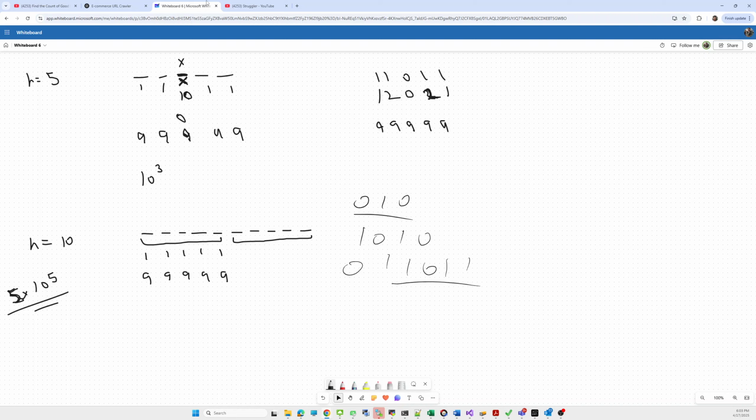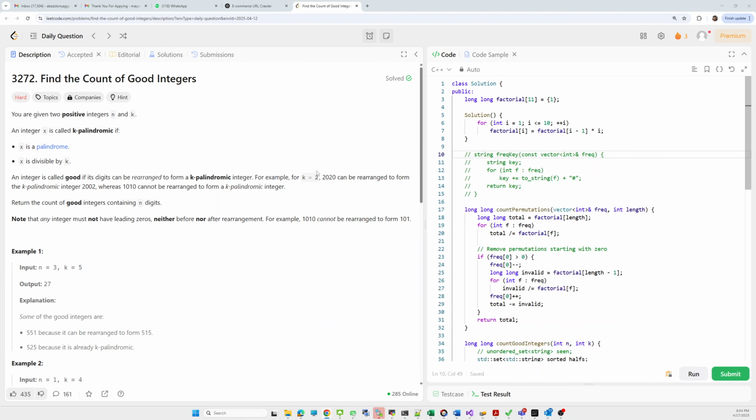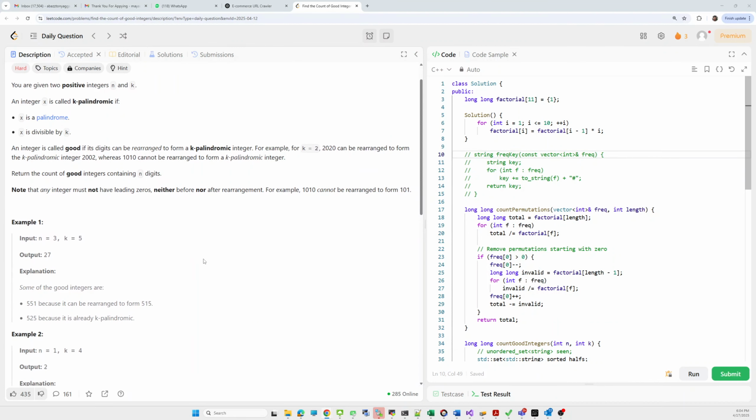Leading zero is not allowed, neither before nor after the rearrangement.